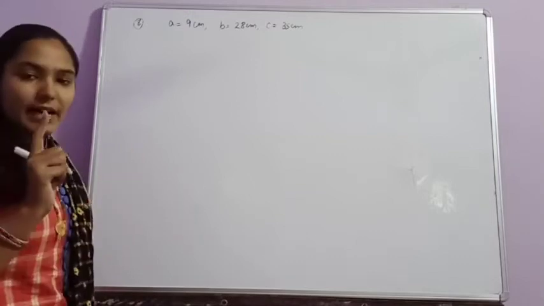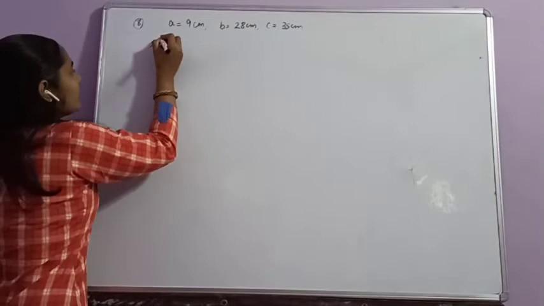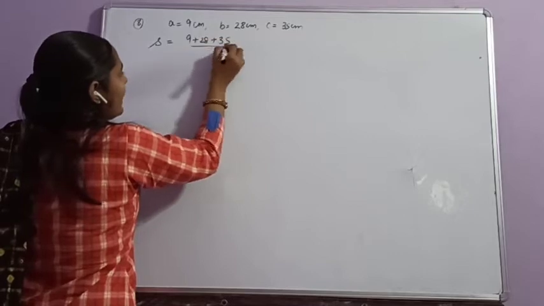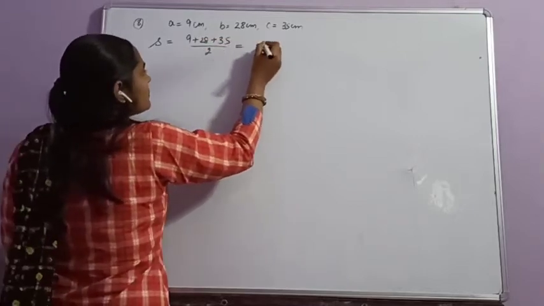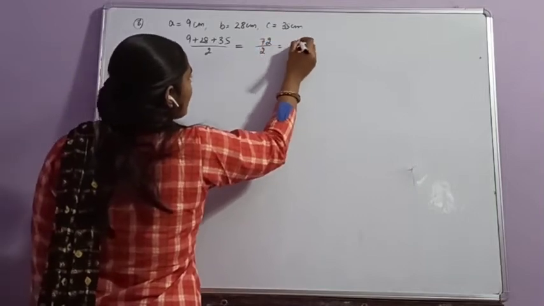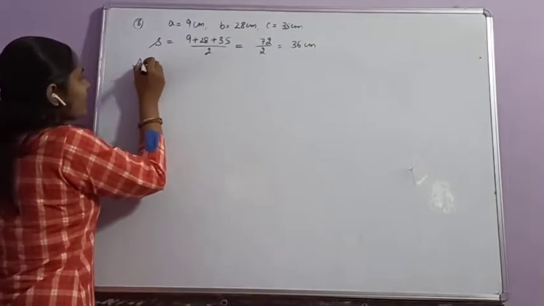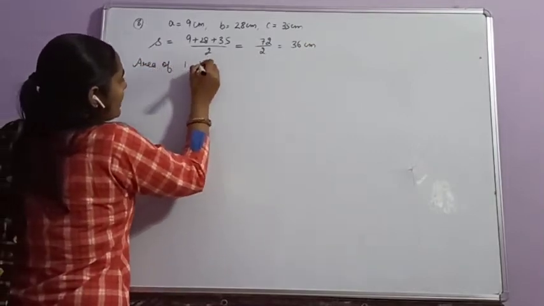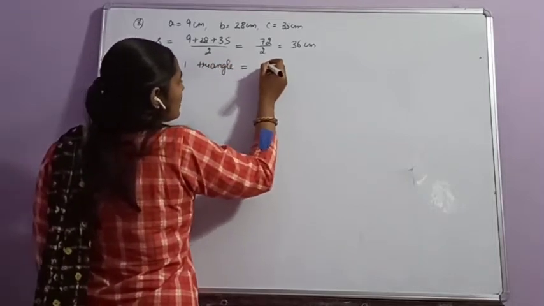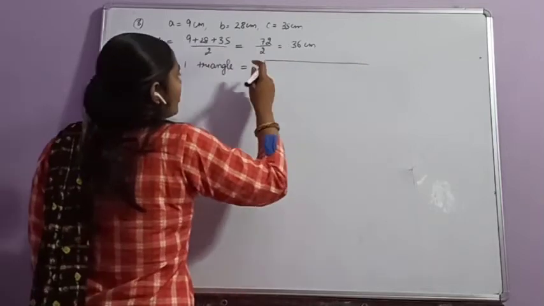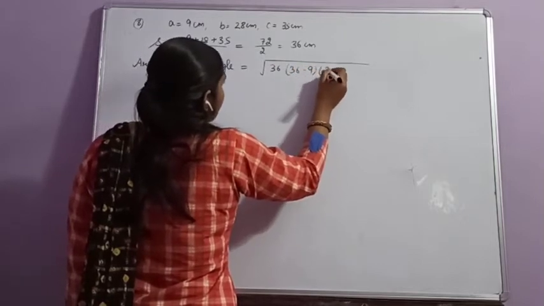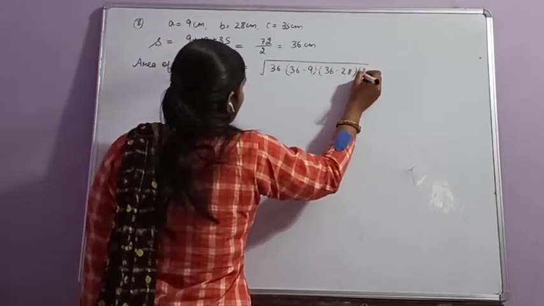Okay, so first of all, what will we do? We will find out the area for 1 tile. Firstly, semi-perimeter is equal to A plus B plus C divided by 2, that is equal to 72 divided by 2, that is equal to 36 centimeter. Then area of one triangle, that is equal to square root of S into S minus A, S minus B, S minus C,